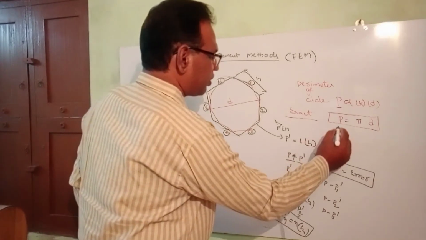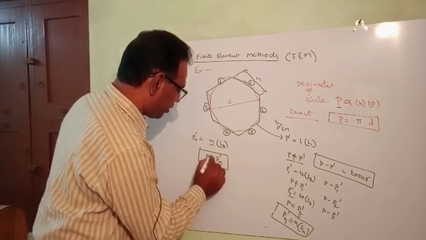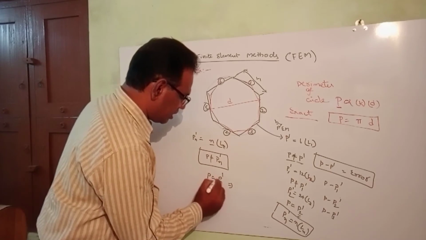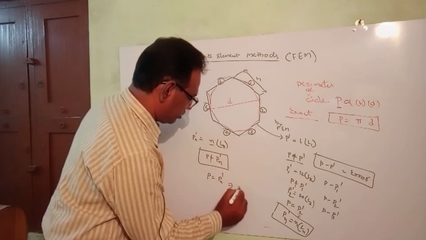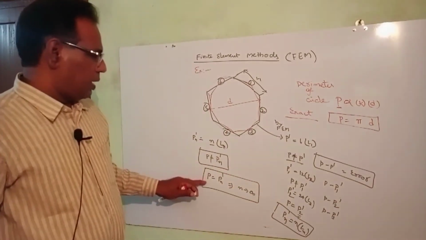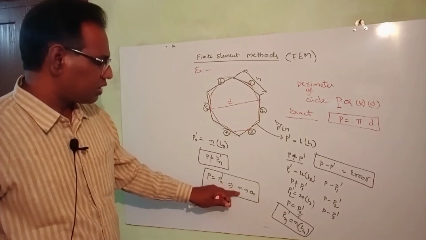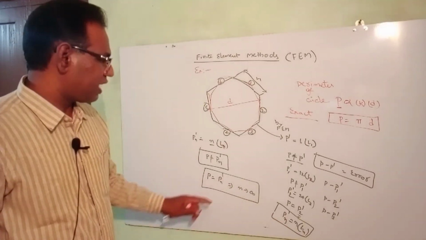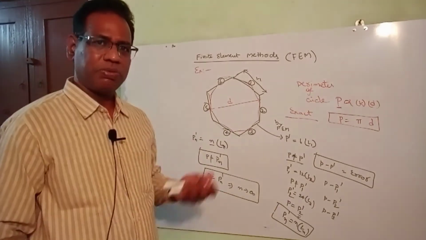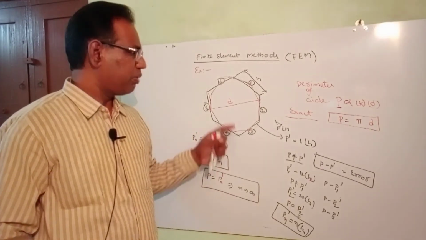So if you want to get the exact solution, the perimeter by the exact solution is equal to the perimeter by the finite element method solution only if n is equal to infinity. The number of line segments equals infinity. Infinite number of line segments means what? Infinite in number. So that's why we are taking a finite number and we are going to predict this.